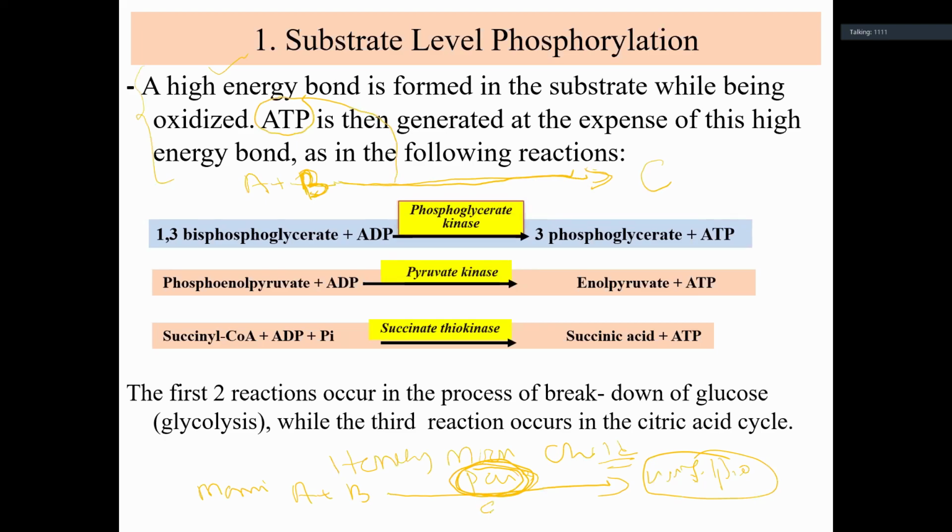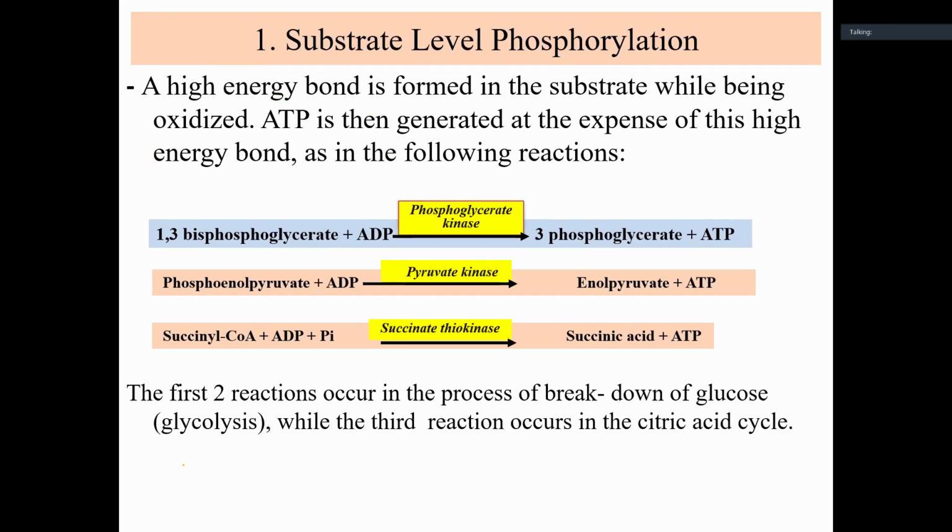So when energy comes during the reaction, this is called substrate level phosphorylation. Substrate level phosphorylation. For example,